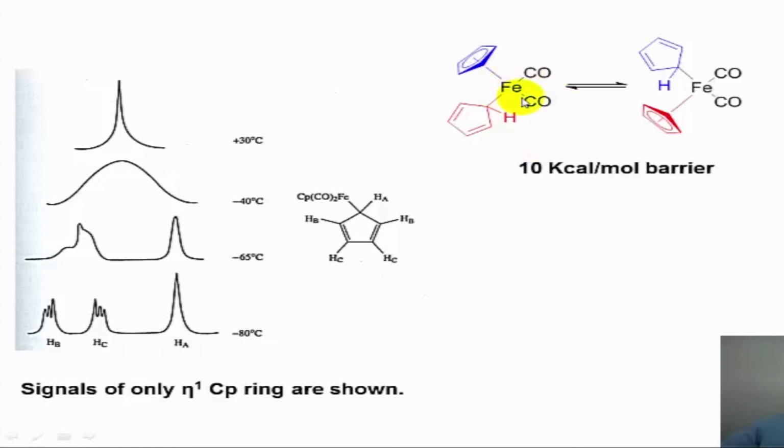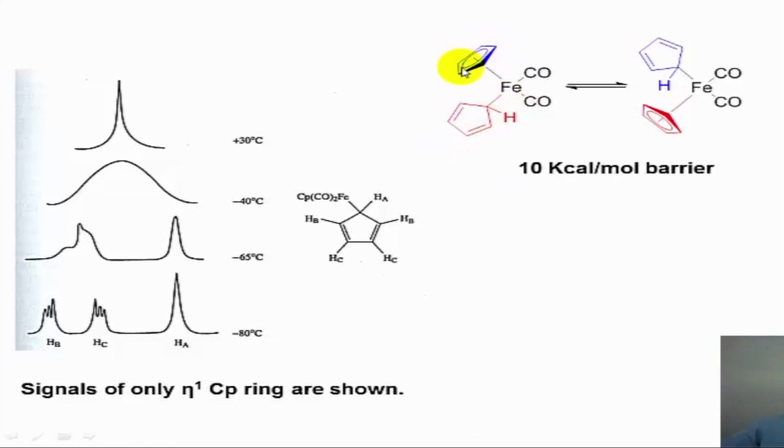One more example of a migration of an iron group. This is a case where the iron dicarbonyl is coordinated in an eta 5 fashion to one of the cyclopentadienyl ring systems, and as an eta 1 to the other cyclopentadiene derivative. In fact, the red and blue are essentially cyclopentadiene molecules. In one case it is eta 5, the other one it is eta 1. In fact, upon rearrangement, this can become an eta 5 and this can become an eta 1 kind of system. Now, if it is rapidly interconverting between the two systems, you will not be able to distinguish an eta 1 from an eta 5.